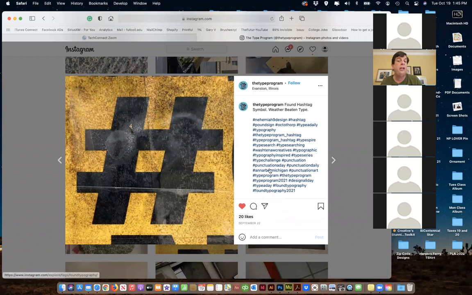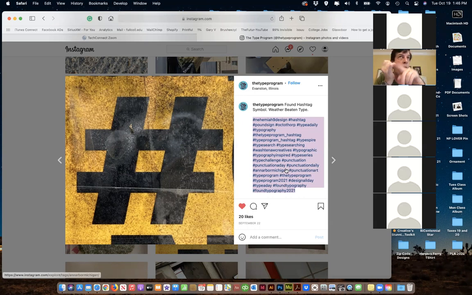And again, look at other people. If I was going to build a typography website, I would look at the top people doing typography out there, and I would look at their hashtags, and I would go, wow, these are kind of cool. Let me select and copy them, and then I'm going to go through and edit out the ones that I want. You don't have to reinvent the wheel. You can go, okay, typographic works, or punctuation a day. You can go through and see what is being used out there in the industry, and duplicate and modify to your own success.